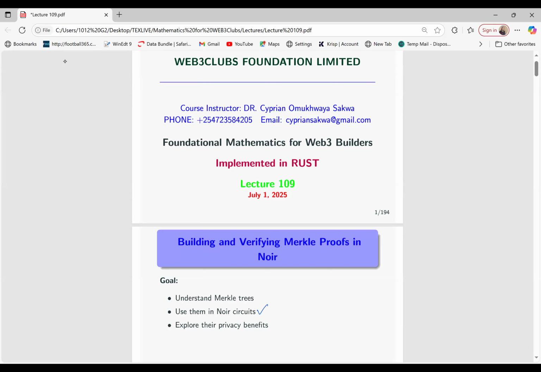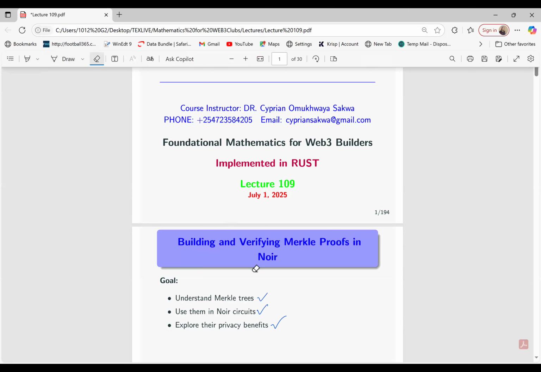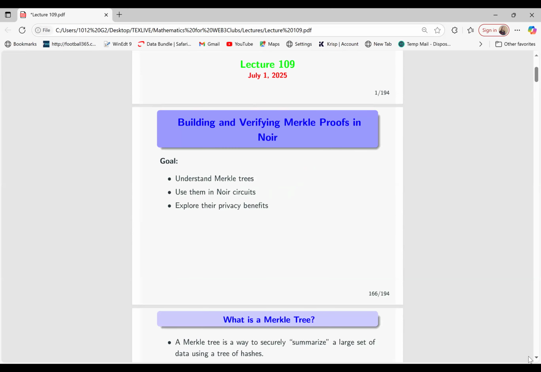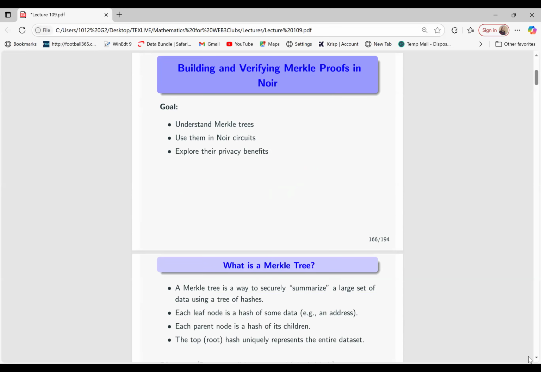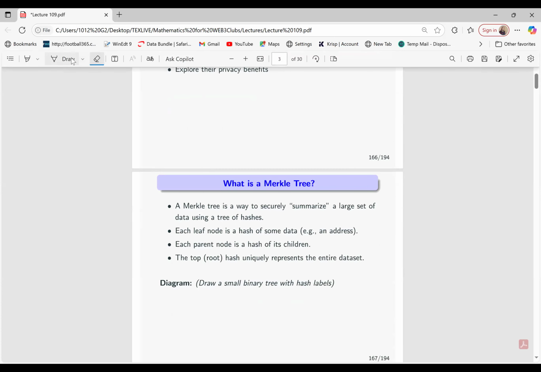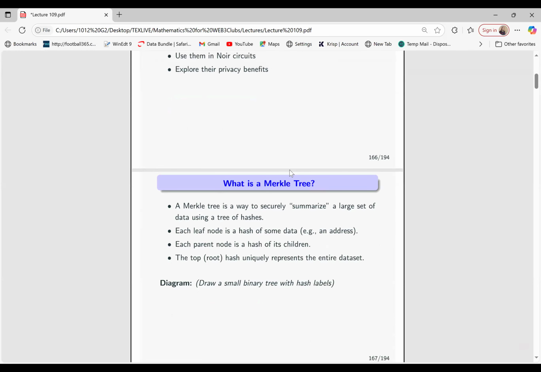Then we explore the privacy benefits of Merkle trees. Of course, as I've said, you just want to prove that a point A is part of a data set, but you don't want to reveal the entire data set. So that is what we'll be doing in our class, and that answers our question here. The question is, what is a Merkle tree? And I've said a Merkle tree is a way